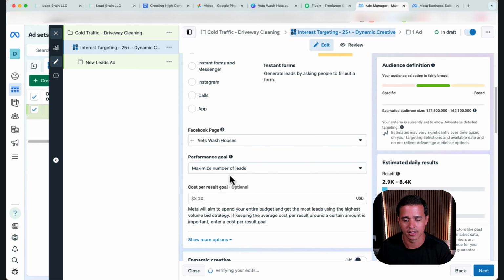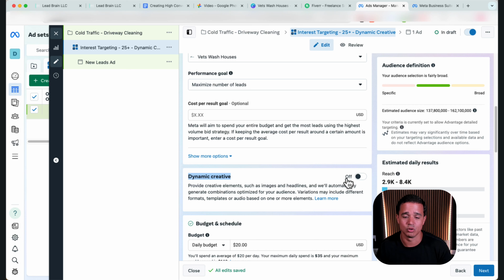Dynamic creative, this is what I was talking about. You have to turn this on at the ad set level. Now, one thing that's kind of annoying is that once you have this on, you can't turn it off. So you actually have to create a new ad set if you wanted to say, hey, I only want to run an ad with one single image, and I don't want you to have 4 images and a video to choose from. You'll have to create a new ad set, but no big sweat. We're going to go ahead and turn it on for now. It gives you that warning.